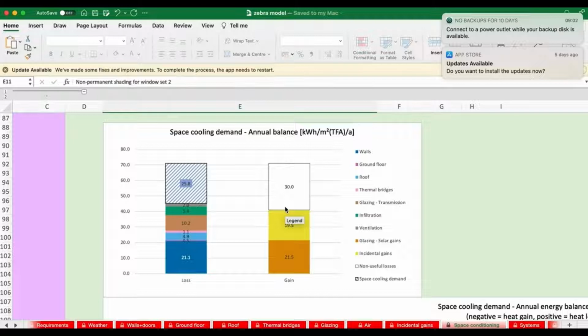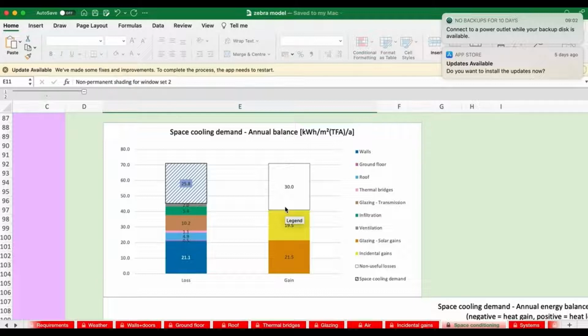So, for example, you could have a situation at certain times of the year where the building is losing heat to the outside world, but there's no chance that the building is ever going to be warmer than the 30 and turn the cooling on. So the non-useful losses are in the gains column so these two histograms balance logically and numerically. So those losses aren't useful in reducing the cooling demand of the building.